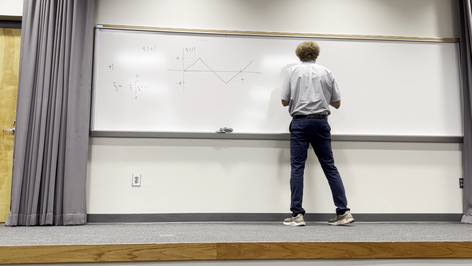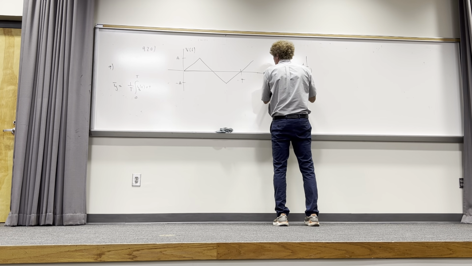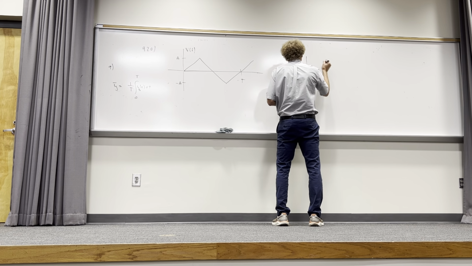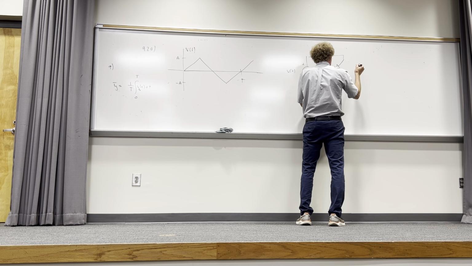So for full wave rectification, we're going to put the voltage just as before here. That's the V of t that I'm showing you right here. Then we come to this point, and what we do, we're going to have all the current flowing to that point,